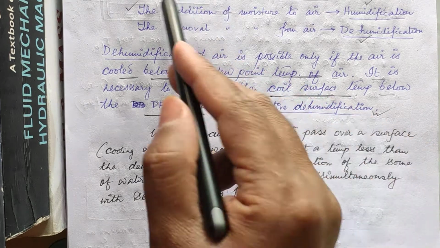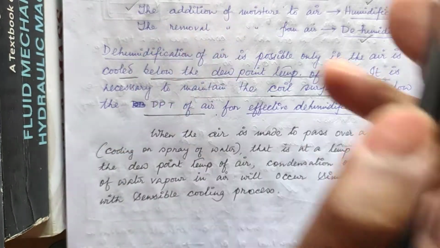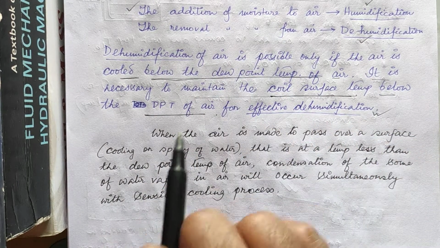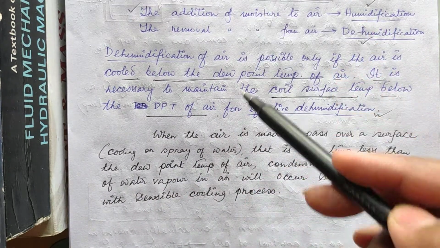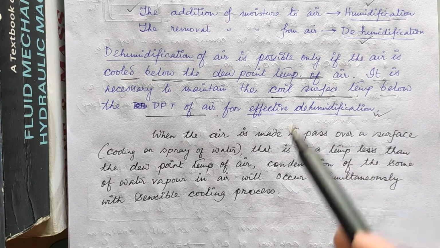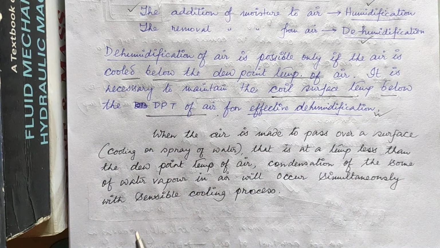So how can we achieve both cooling as well as dehumidification? First, for cooling, we have to use one coil that is to be maintained at a temperature lower than the temperature of the incoming air. And at the same time, we have to achieve dehumidification. That means we have to again use one coil, or one instrument or one attachment that is called a dehumidifier, for removal of the water vapor present in the air.